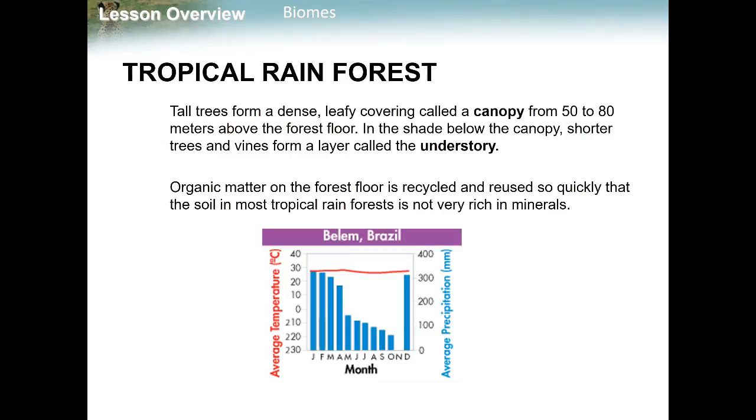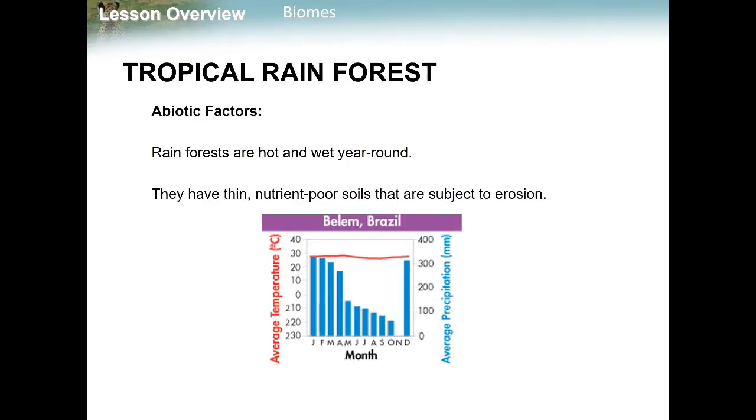So organic matter on the forest floor is recycled and reused so quickly, as I said, that the soil is just not very rich in nutrients or minerals. And as I said, there's not a lot of dropping of the leaves where it would put the nutrients back into that soil. The types of abiotic factors that exist within the tropical rainforest are that they are hot and wet year-round, that they do have thin, nutrient-poor soils, and because it's thin, when it does rain, it's subject to